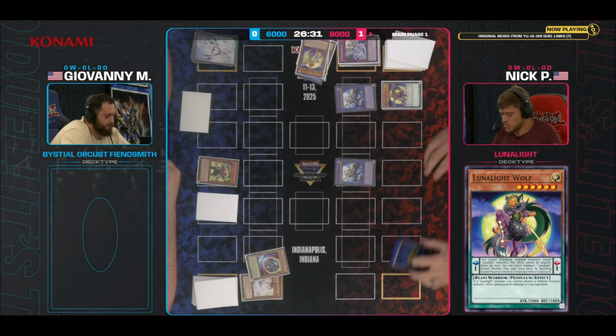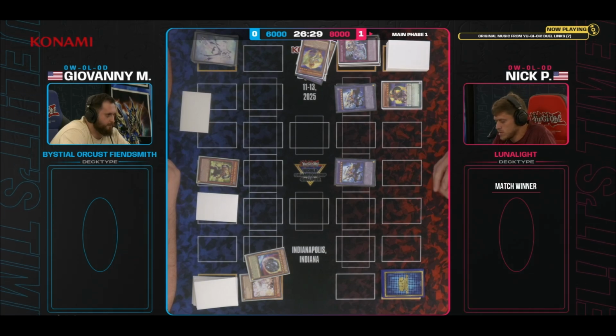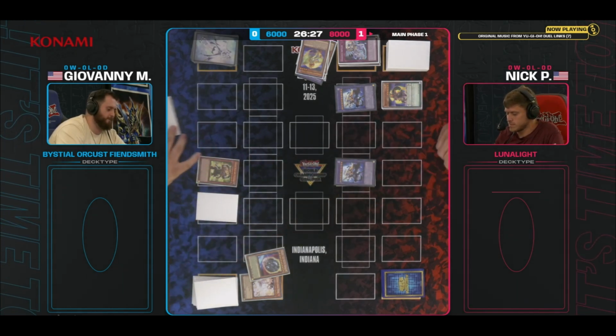Here comes another Liger Dancer. That is as much damage as a Tempai Dragon deck can probably put out, and Giovanni is going to